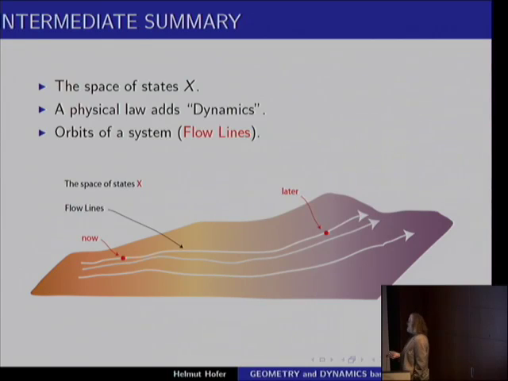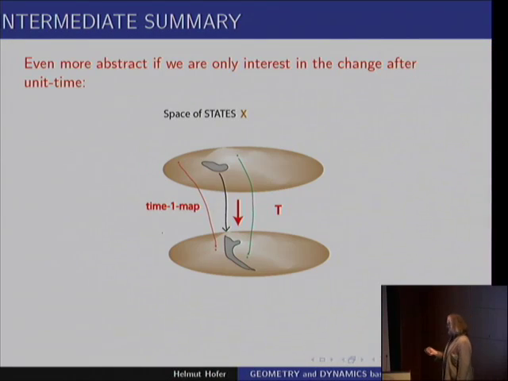So now, for the following description, I want to simplify it a little bit. And rather than thinking continuous time, you could think about the following. Suppose I'm interested in what my state is today and maybe what it is tomorrow, in 24 hours, but I don't care what is in between. So you would start here, that's now, then you would move along the flow line for 24 hours and you would end up at this state here. You would disregard what happens inside. So then you can simplify this picture somewhat.